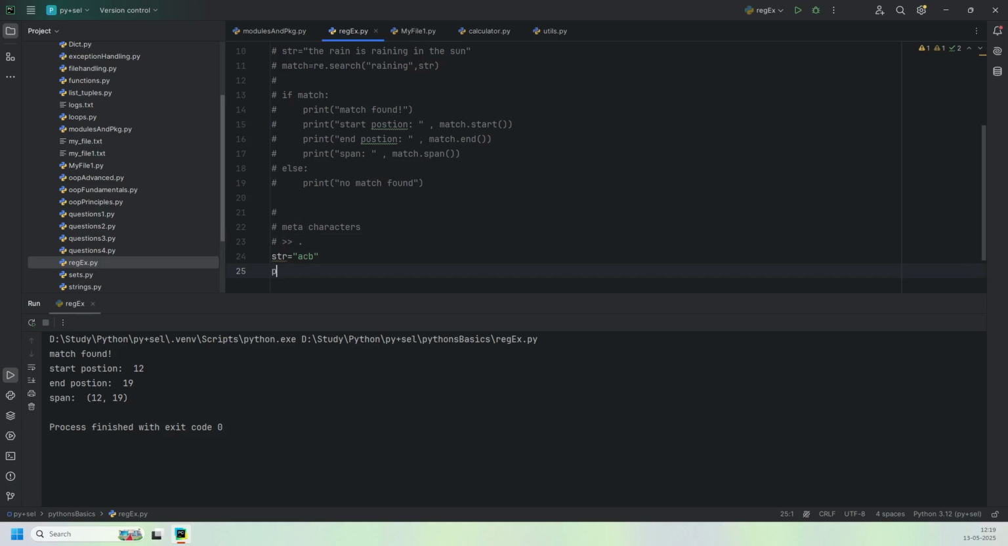So I'll say print re.match. I won't use findall; I'll use match because I want to start from the first. I'll say re.match, give a.b as the pattern, and pass str. In my str, search for this pattern a.b. So it starts with a, ends with b, and can have only one character in between. Now if I run this,